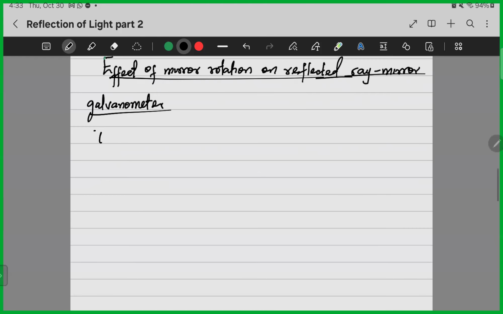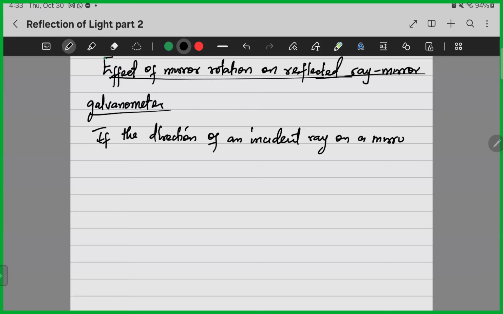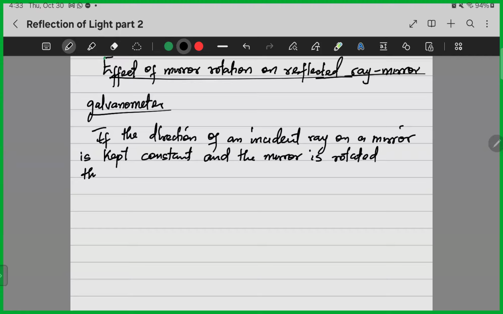Now let me talk about this. If the direction of an incident ray on a mirror is kept constant and the mirror is rotated through twice that angle, if you keep the incident ray constant and you rotate the mirror through twice that angle,